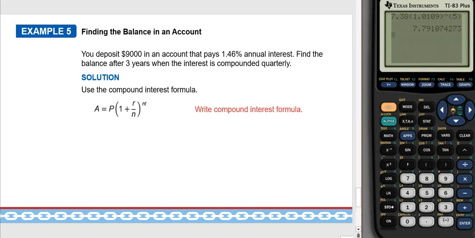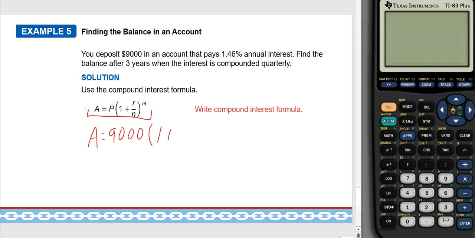So let's look at this in a real world example. We're going to deposit $9,000 into an account that pays 1.46% annual interest, finding the balance after 3 years when the interest is compounded quarterly. So we're going to start off here with that compound interest formula. We don't know A. That's what we're trying to figure out, how much we have in our account after 3 years. So our principal is 9,000